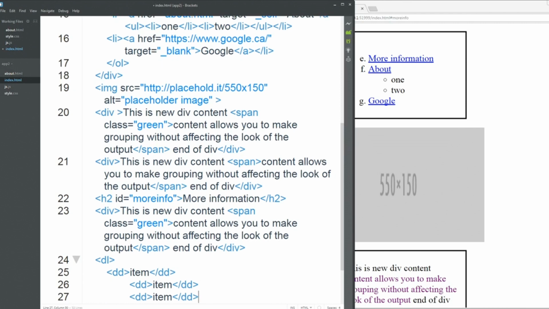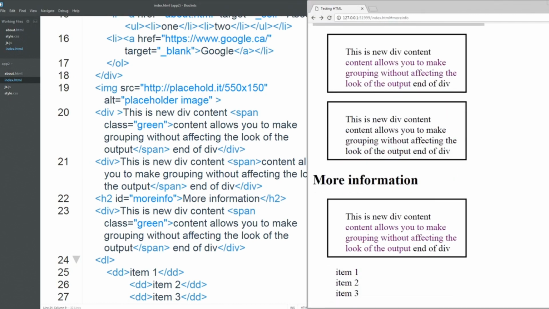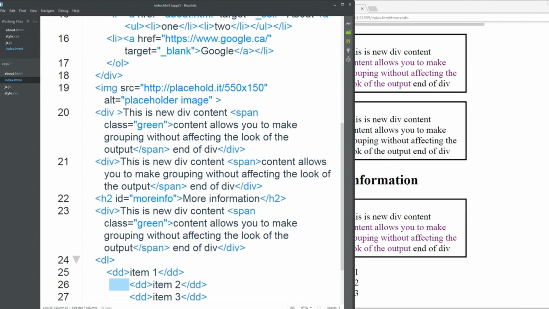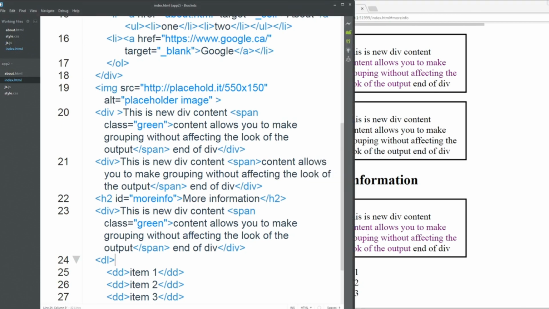And I copy it, and I'm going to do 1, 2, 3. And I'll show you what that looks like. So when I refresh it and I go down there, it looks like it's within that same format as the list items. It doesn't have any of the bullet points. These are really good if you've got multiple descriptive items that you're listing. So if we're just doing all items, then we might not necessarily want to choose to use a description list. But if we do have titles, so much as what we did before, we can do